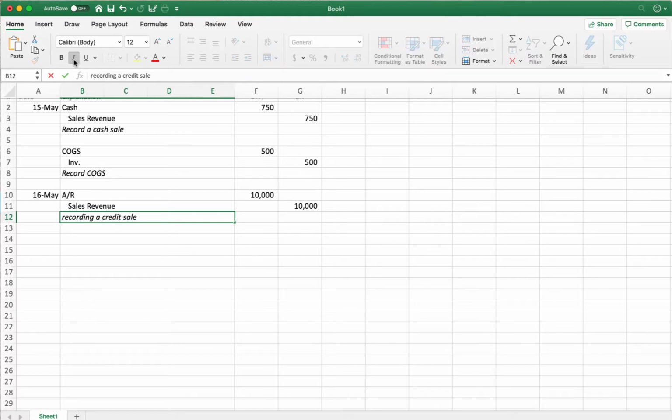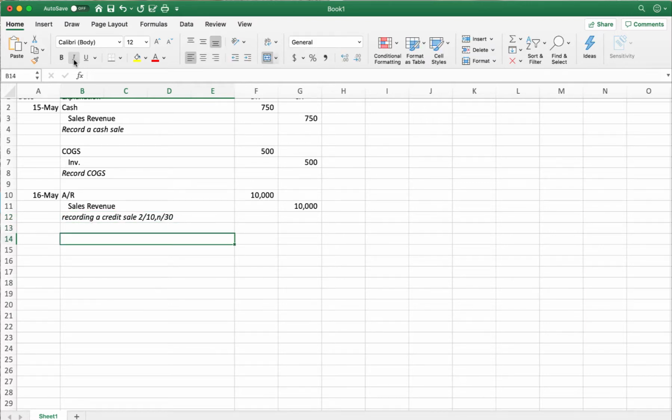And I'll put in the terms here, 210 net 30. Okay? So the next thing we need to do is to record the cost of goods sold. We already did that, right? I'm going to do the same, watch this. I'm going to do the same exact journal entry. COGS,